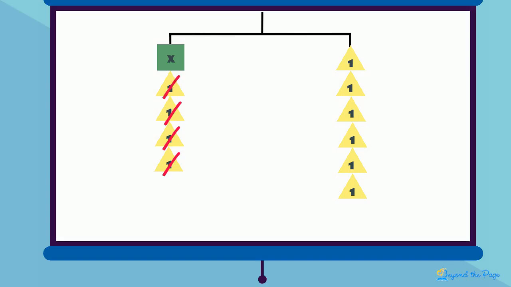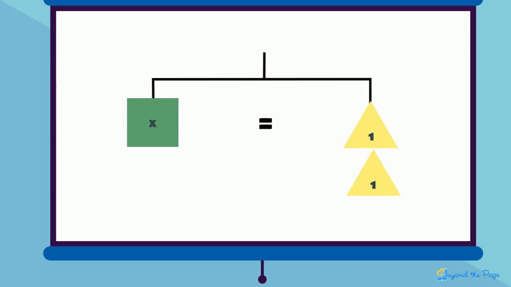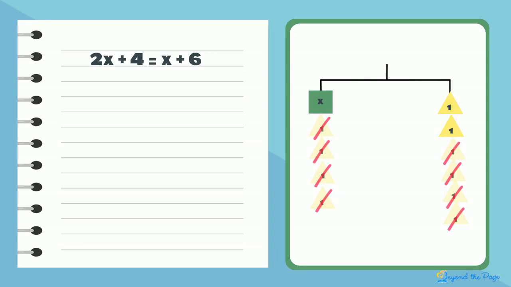Of course, you know that if you remove 4 triangles on the left side, you have to also remove 4 triangles from the right side. The hanger now shows that one square is the same as 2 triangles, meaning the solution to the equation is x equals 2. Substitute this value for each x in the original equation to check that the solution makes the